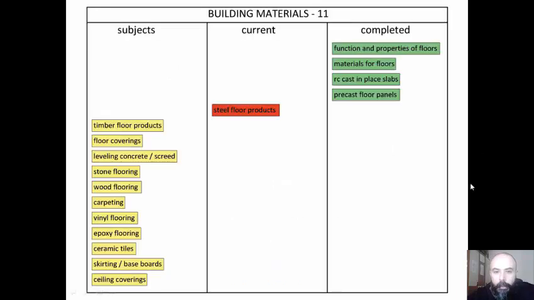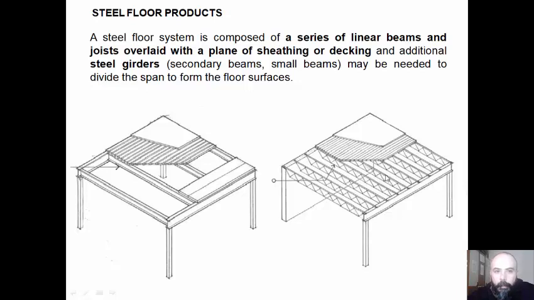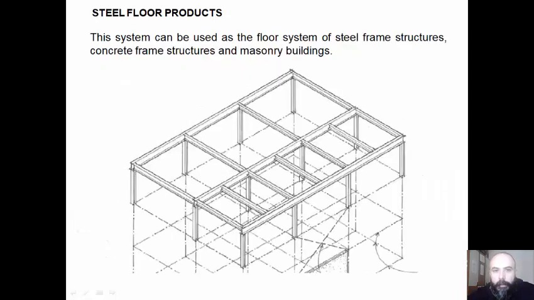Now we are going to examine steel and timber floor products. A steel floor system is composed of a series of linear beams and joists overlaid with a plane of sheeting or decking, and additional steel girders, secondary beams, small beams, may be needed to divide the span to form the floor surface. This system can be used as the floor system of steel frame structures, concrete frame structures, and masonry